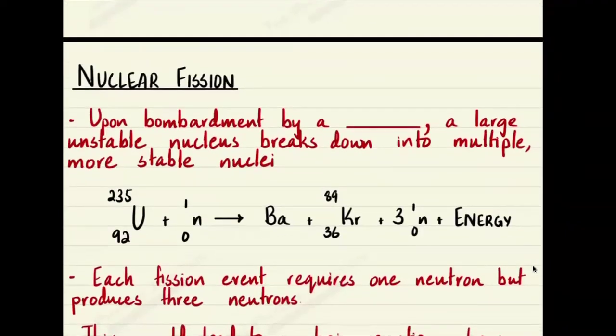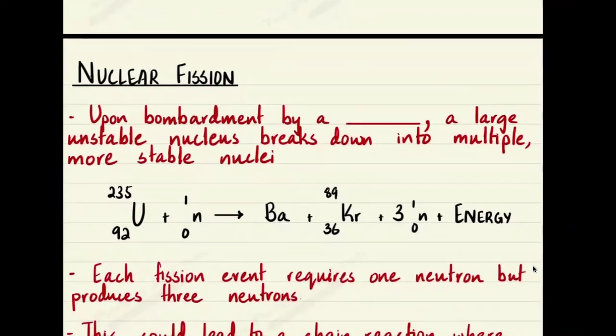Nuclear fission, what's the idea of this? Upon bombardment by a neutron, a large unstable nucleus breaks down into multiple more stable nuclei, right? So if you have a heavy unstable nucleus, when it's hit by a neutron, it basically splits down into more stable nuclei. So for example, this is the most common example of nuclear fission that is also used in power